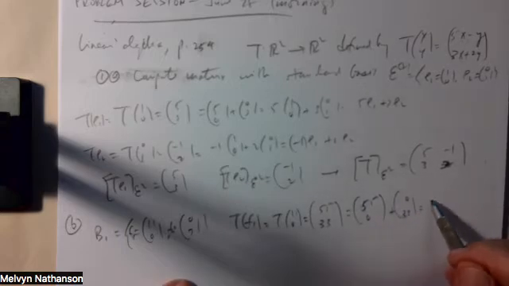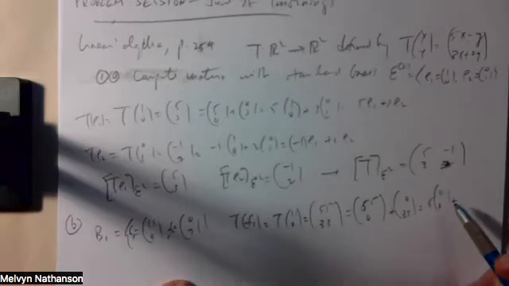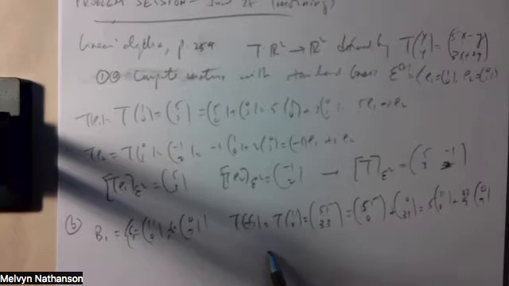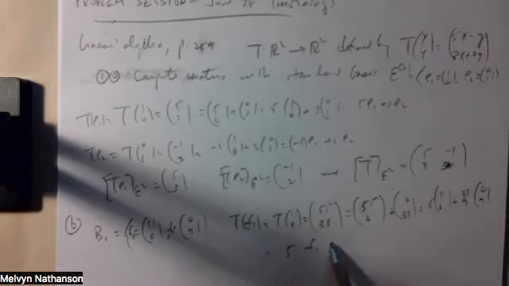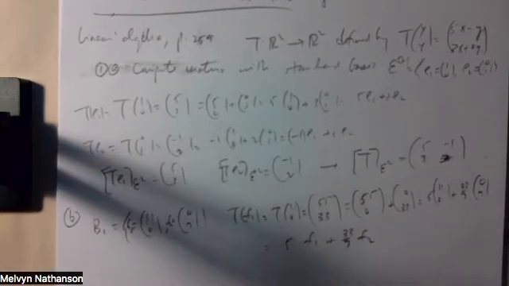So this is 5 times (11, 0) plus something times (0, 7). It looks like it's 33 over 7 times that. So as a linear combination of F1 and F2, T of F1 is 5 times the vector F1 plus 33 over 7 times the vector F2. So